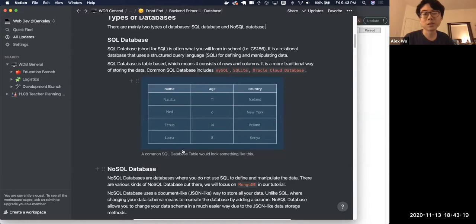As you can see, there are different fields here. This is a name field, an age field, and a country field. So a database is just like that. You'll have different fields or column names, followed by rows, and these rows are called entries. Here, you can see there are 4 entries in this